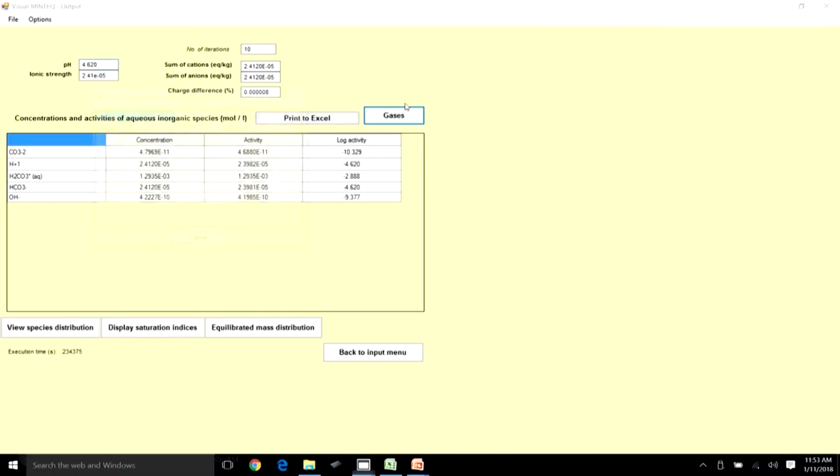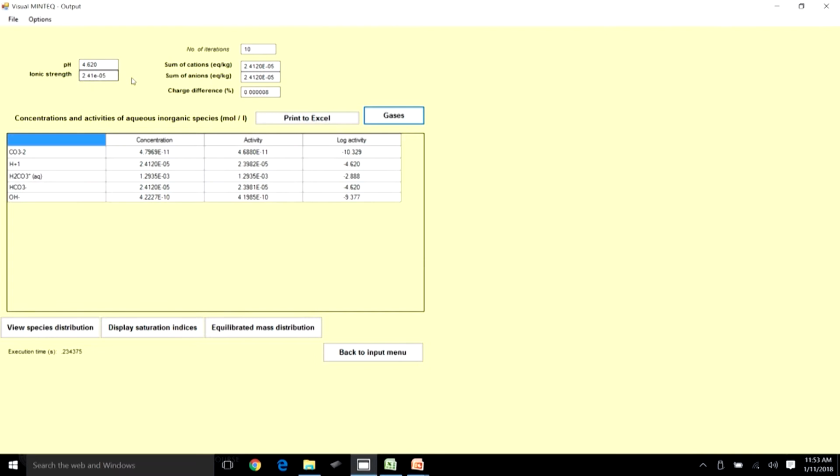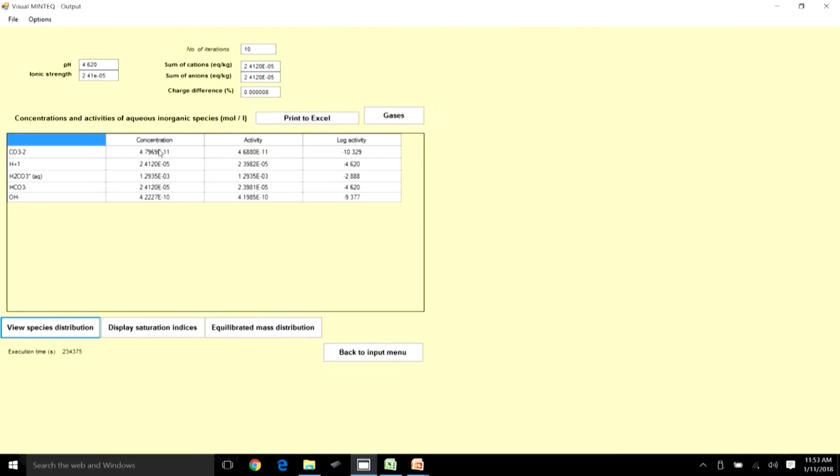So, what would be the carbon dioxide concentration in equilibrium with your particular system? So, again we can look at that. More or less you could see that when the partial pressure was 0.038 atmospheres, it is going to be in equilibrium with your particular system, which is H2CO3 initial concentration of 0.001 molar, right. Or you can also click on gases here and see that when it is 3.8 into 10 power minus 2 atmospheres, this is the partial pressure of carbon dioxide that will be in equilibrium with your system, given that the species concentrations are such and the pH is such.